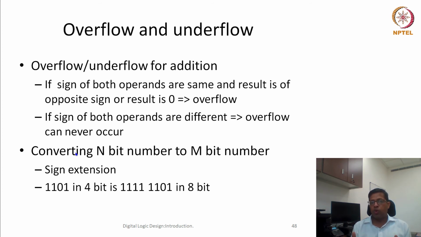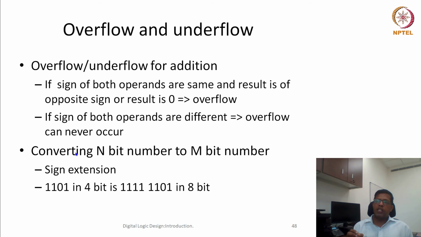For example, if it is 4 bits, then I can only represent from -8 to 7. If my addition result is more than 7, I can't even represent it using 4 bits. So whatever result I am getting may look wrong. It's not actually wrong, but it may look wrong because I can't represent this number using that many bits. So how to identify this condition is very important to know, and important to practice, to see whether I am reaching an overflow condition.